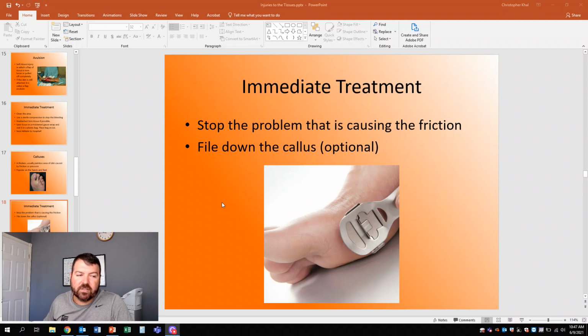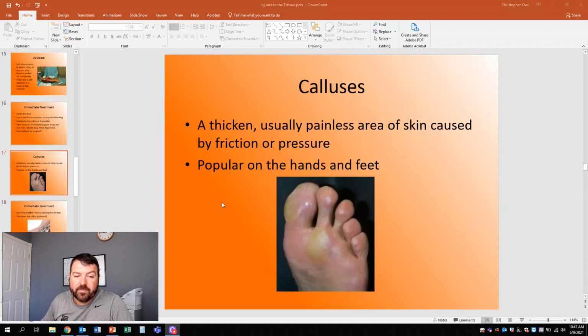Let's say calluses are really common in runners. So look at the running shoes. A general rule of thumb for running shoes is if there's any kind of wear on the bottom of the shoe, it's time to get new shoes. A lot of the really intense runners will know that they may have to get shoes every 3-6 months, depending on their mileage. But that's really, really important. The first thing you've got to do is change footwear.